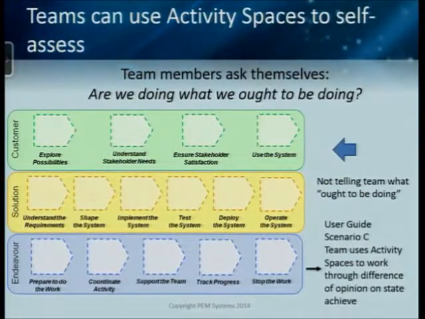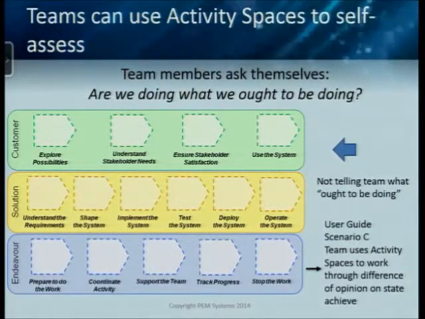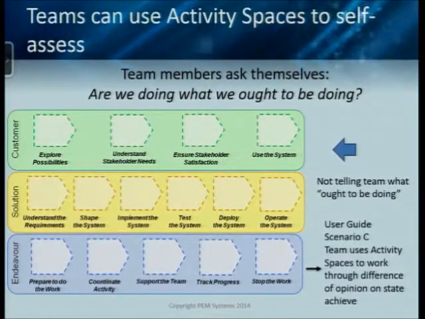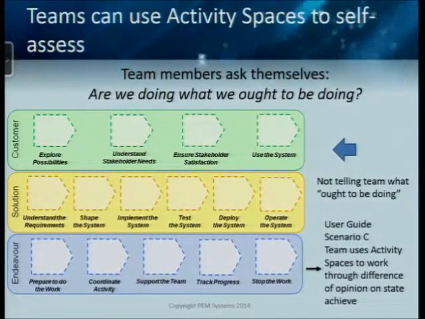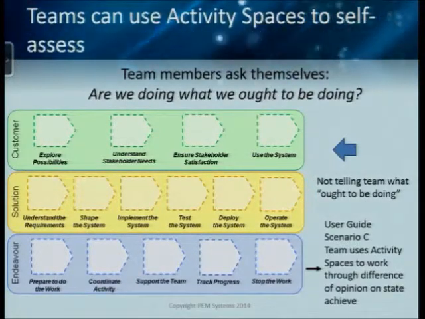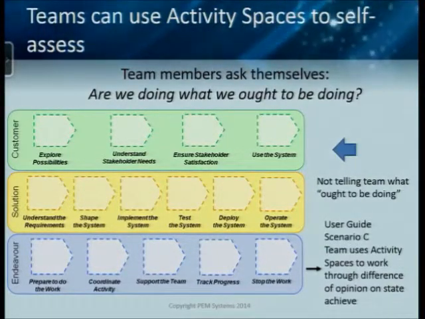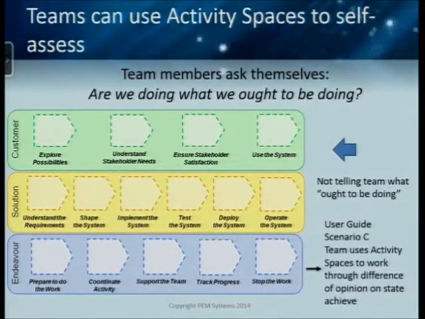So teams can also use activity spaces to self-assess. A simple way you do this, you could just use what I call the 3-finger approach. You could walk through the activities, sort of like the same thing, the assessment, just to ask the team, how are we doing? And the 3-finger approach is we're doing lousy, we're doing okay, we're doing great. And we just raise our finger and say, how are we doing with respect to each of the activities? And then if you have a disagreement, you go, well, let's talk about it. Again, it gets the team into discussion.